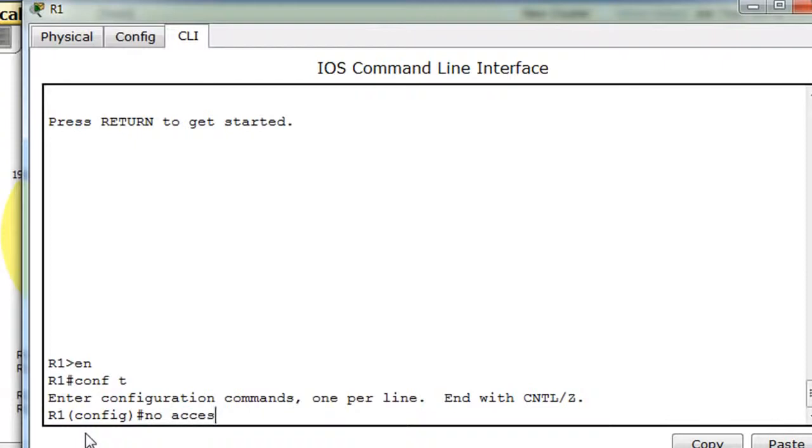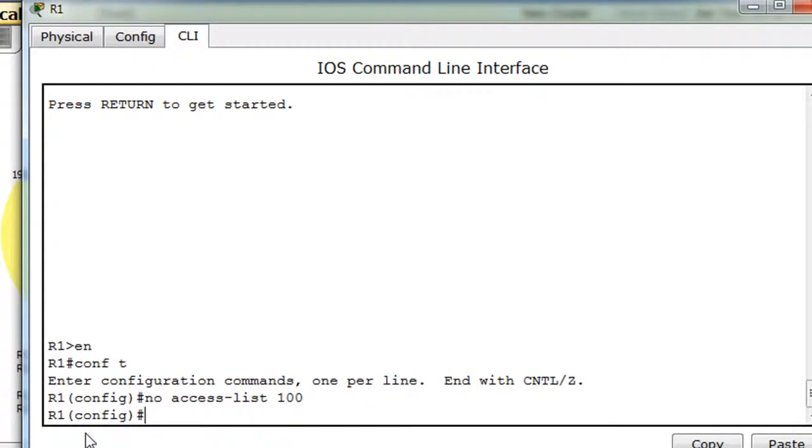So no access-list 100. So that clears the previous access list, and now what we can do is we can write our new access list. So now we'll say access list 100, okay, permit, and then we'll say